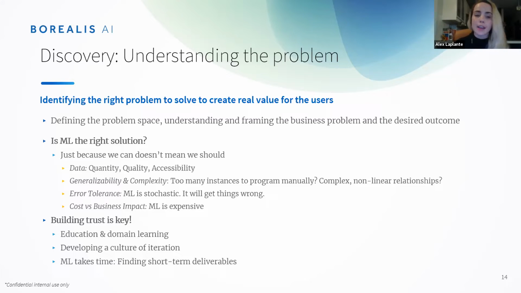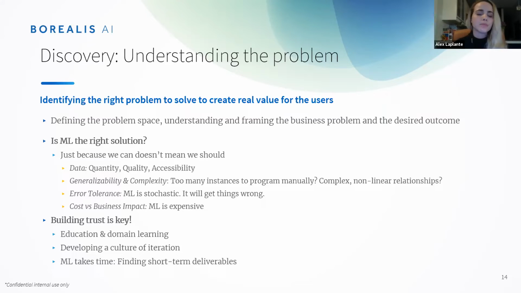One, a big one, of course, is data. Is it accessible? And I kid you not, I've definitely been in meetings with business stakeholders who have had what seems to be on paper a really great problem. When we ask about the data, they say it's in that filing cabinet over there. Unfortunately, my team can't do anything with that. If the data isn't digitized and easily accessible, it's really challenging for us to build a model on top of that. Of course, with machine learning, we also need a decent quantity of data, and it goes without saying almost that you need quality data. I'm sure many of you have heard garbage in, garbage out. If we're basing our models on historical data, we want to make sure that data is as best of quality as possible.